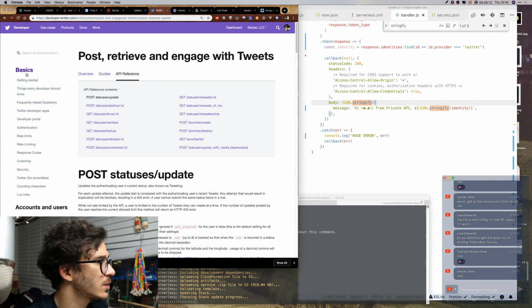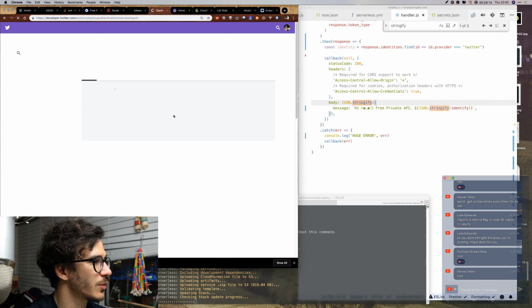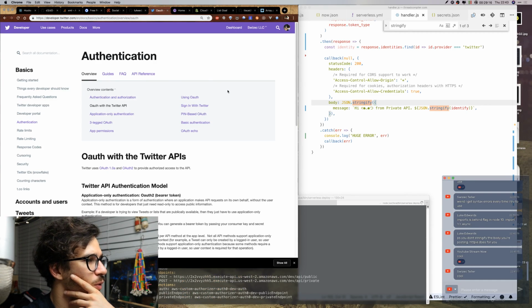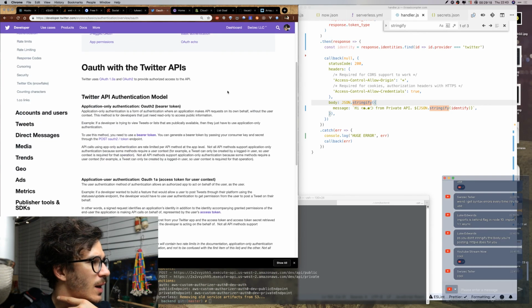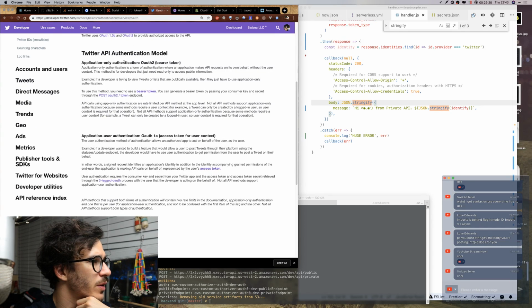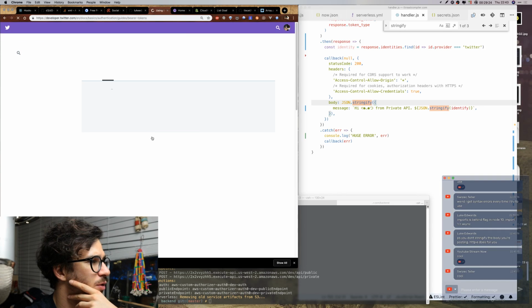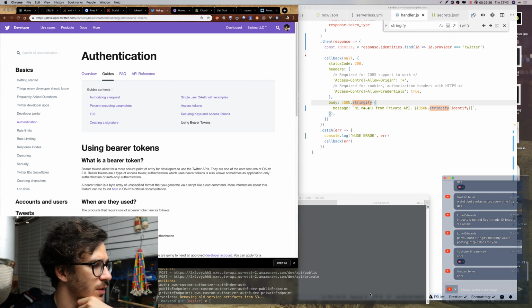Okay, so I need to know authentication. There we go. OAuth with the Twitter API, OAuth2 bearer token. To use this method, you need to use a bearer token. How do we get a bearer token?